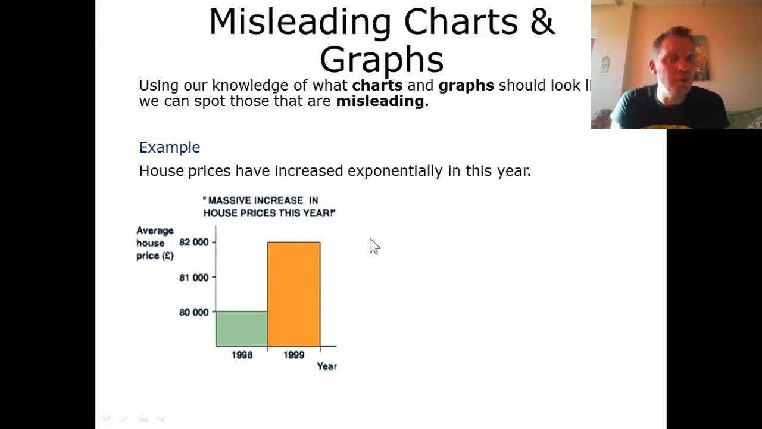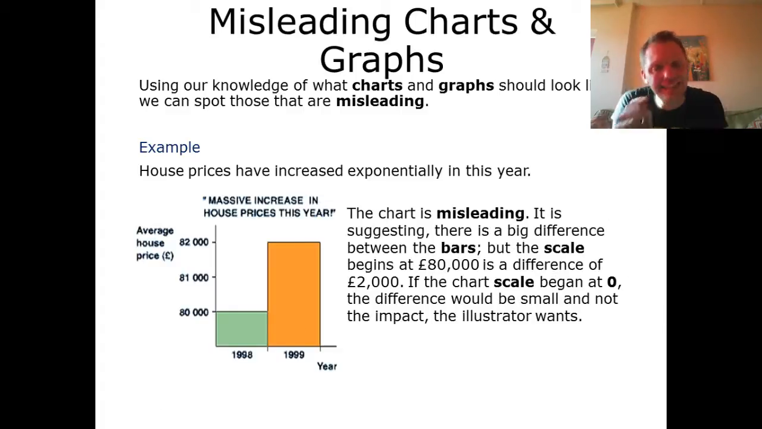And a different type of problem. This one was taken from an article, in which case it's stating that house prices have increased by a lot in the space of a year. Now, because of the way that the bars are set up, it is suggesting that the prices have increased by a lot. But again, this is a misleading chart because if we have a look at the scale, first of all,